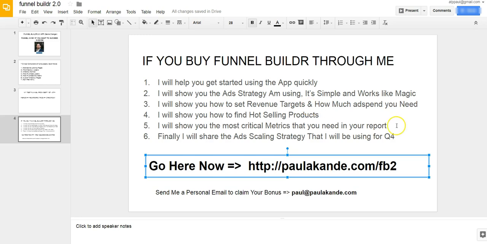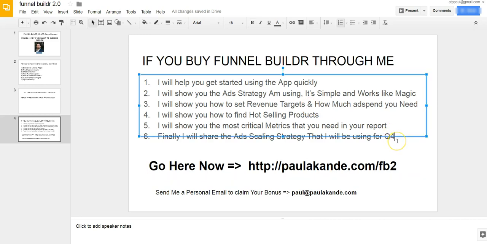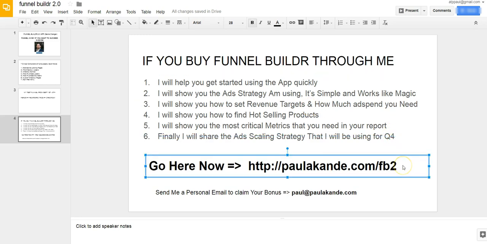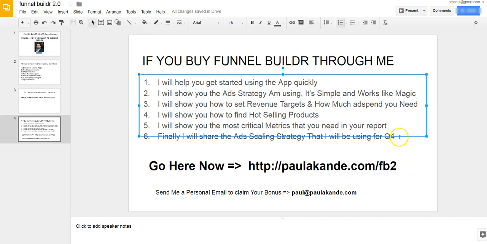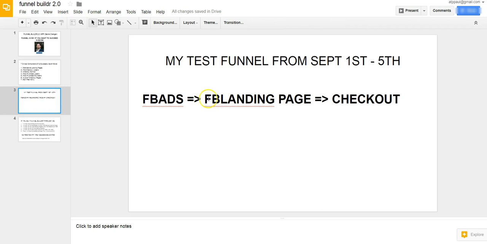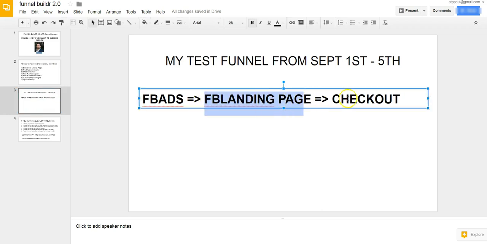This is the best time for you to have this type of app, because your conversion will scale. It will just blow. It will go through the roof, because we're in Q4 already. Q4 is already here, where people will start buying stuff for Christmas. So you need to start pushing your campaigns, and of course pushing that traffic through the funnel builder landing page, and then let them go straight to the checkout.